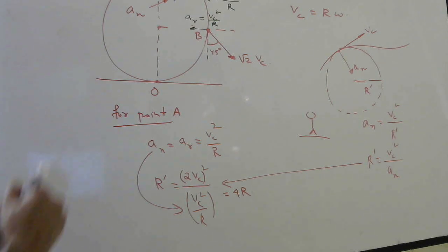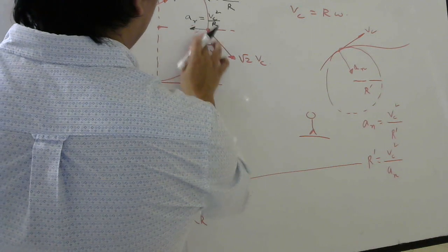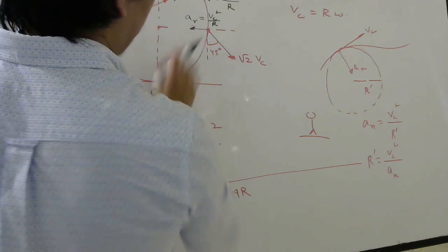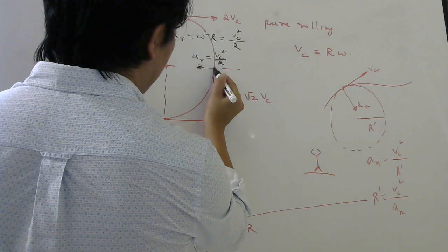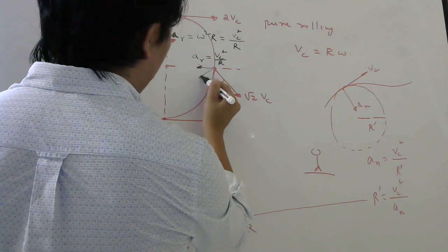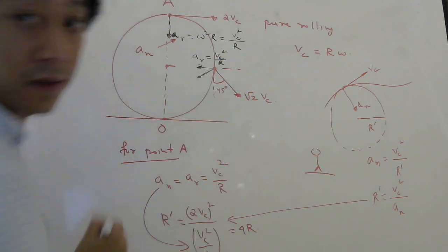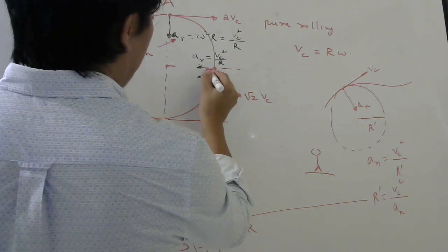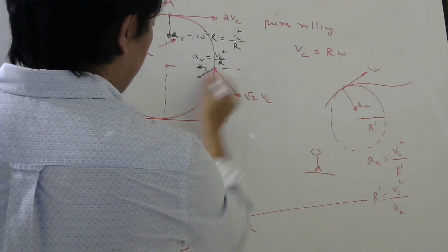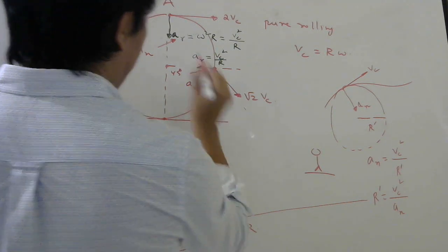Similarly, for this, acceleration is this side. The actual velocity, when I say actual, I mean with respect to ground, is here. So I have to find the component of this radial acceleration which is perpendicular to this velocity. Okay, visible, right? Okay. Now, what will be this angle? This is 45, so this is also 45. Perpendicular to this is perpendicular to this. This is 45. So this will be your normal acceleration.